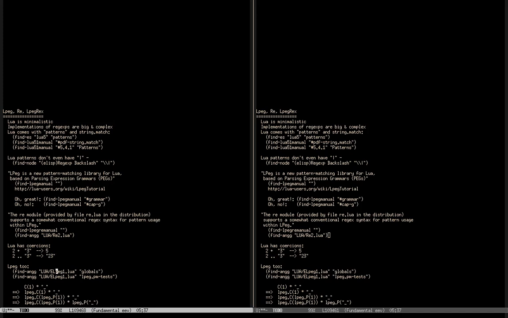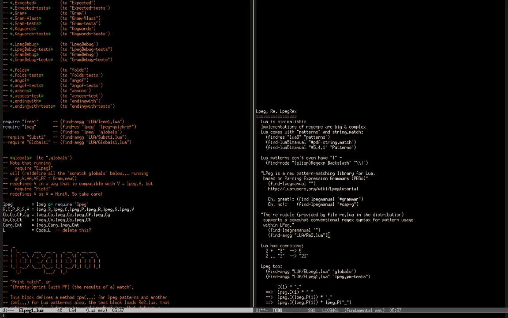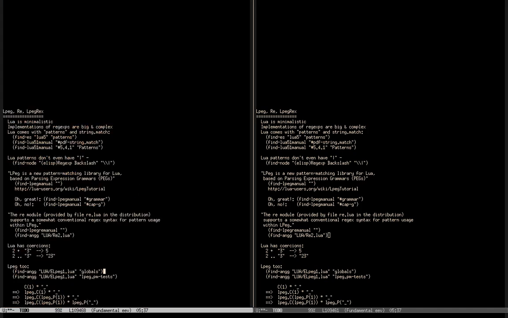LPeg also has some coercions. I usually set these globals to let me write my grammars in a very compact way. So instead of lpeg.b, lpeg.c, etc., I use these globals like uppercase B, uppercase C, and so on.